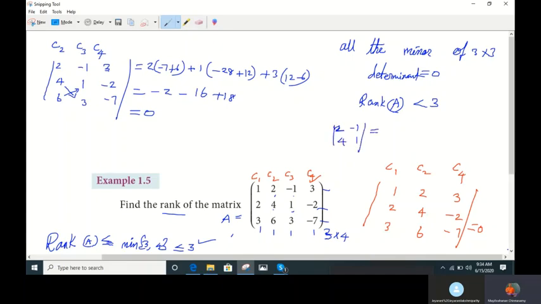When you cross multiply and subtract, 1, 2 2s are 2. Minus of minus 4 is plus 4. So 6 is the answer, which is not equal to 0. Not equal to 0 means rank is 2. Confirm, rank of A is 2. Why is rank of A 2? Because the 2 cross 2 minor is not equal to 0. Suppose if you have all the 2 cross 2 minors